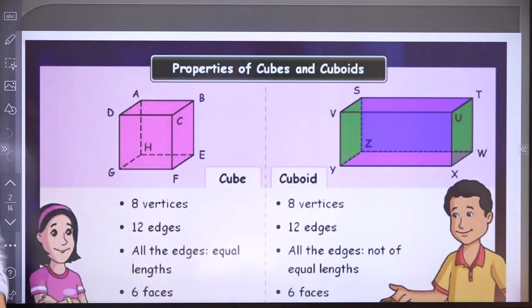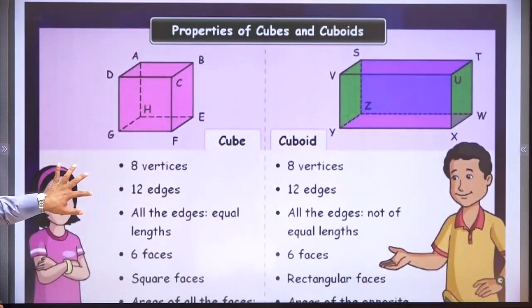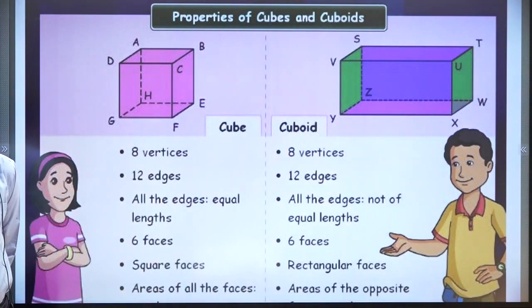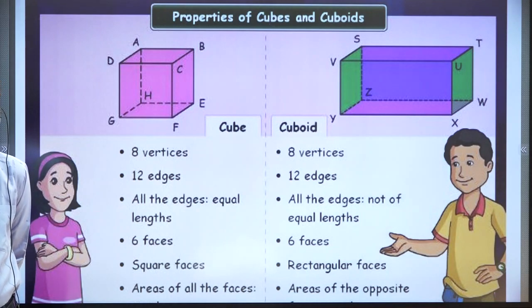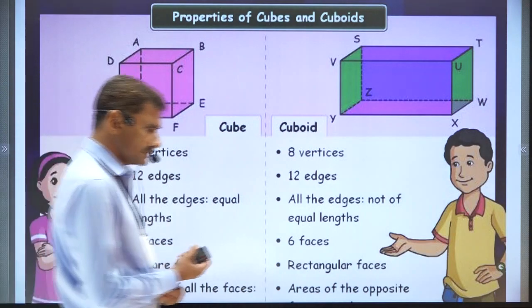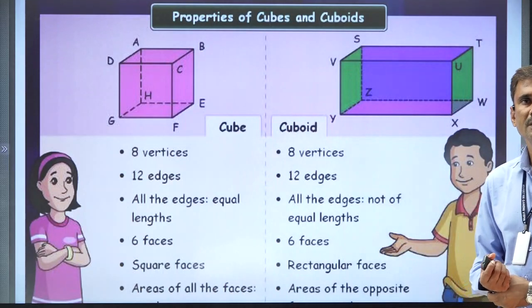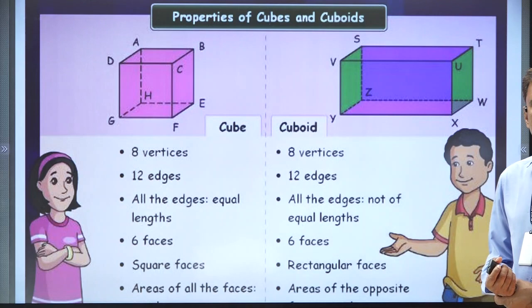Now you can see these are the properties of cube and cuboid. Both are compared here, so you can observe the difference between them. In a cube, all sides, meaning length, breadth and height, are equal, but in a cuboid they may be different, or any two may be equal also. But all three will not be equal. So in this sense we can say a cube is a special type of cuboid. Right now, just look at the cube only.